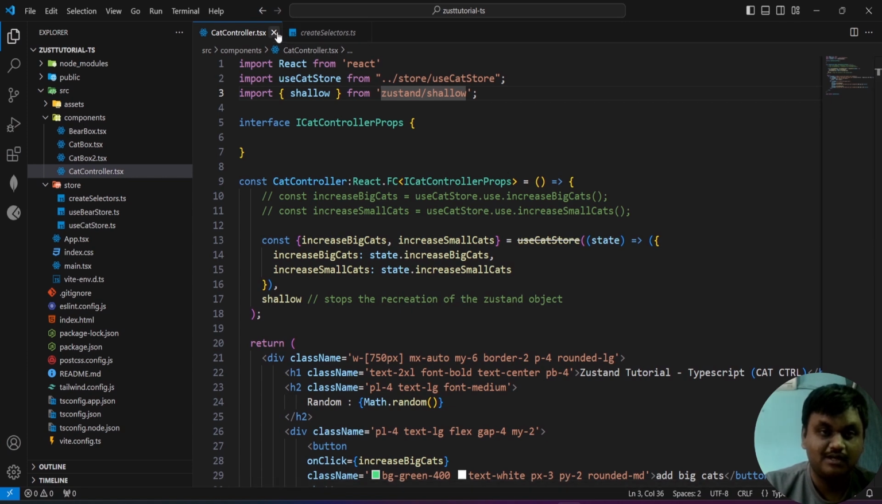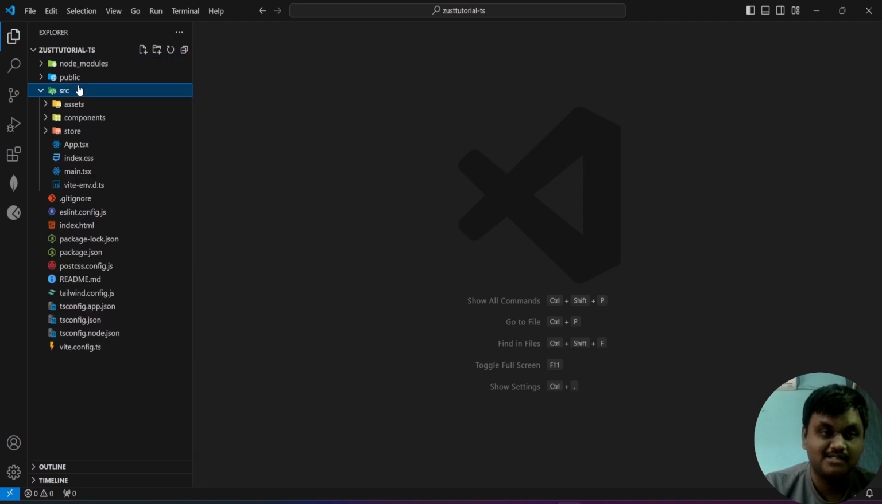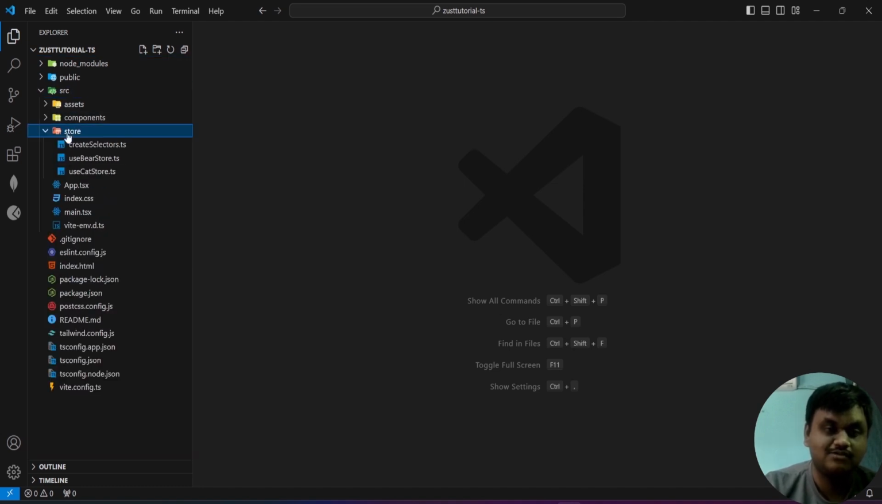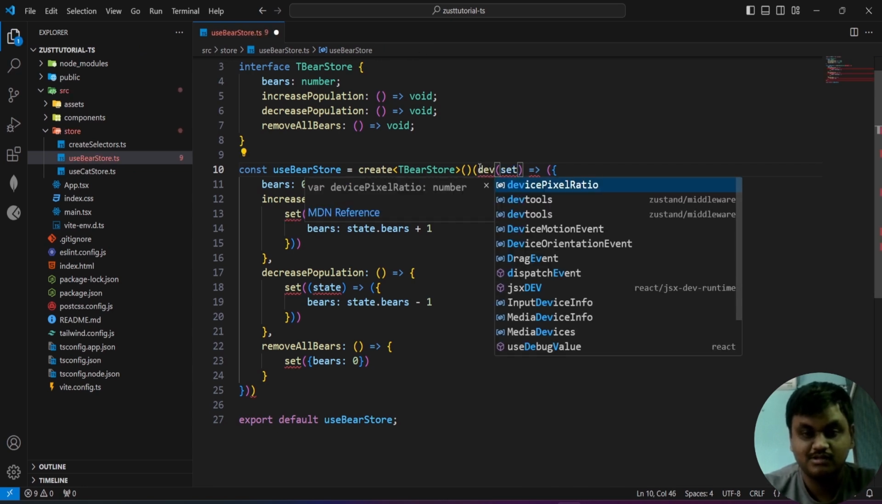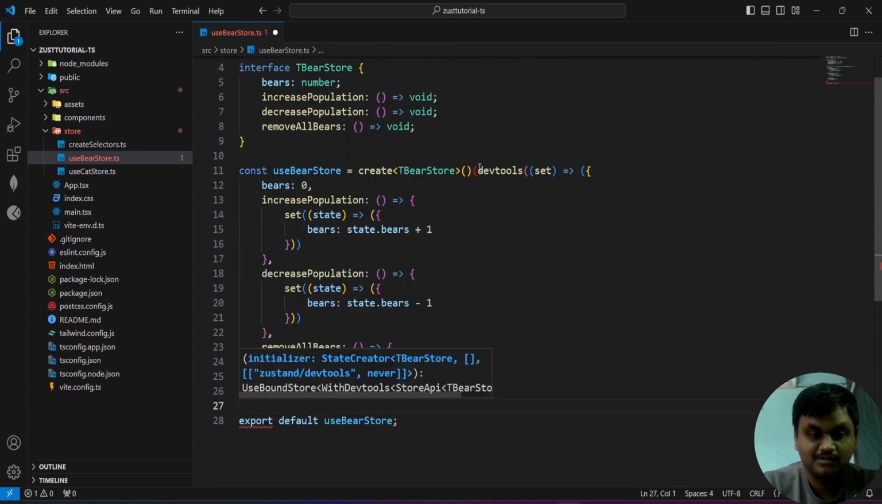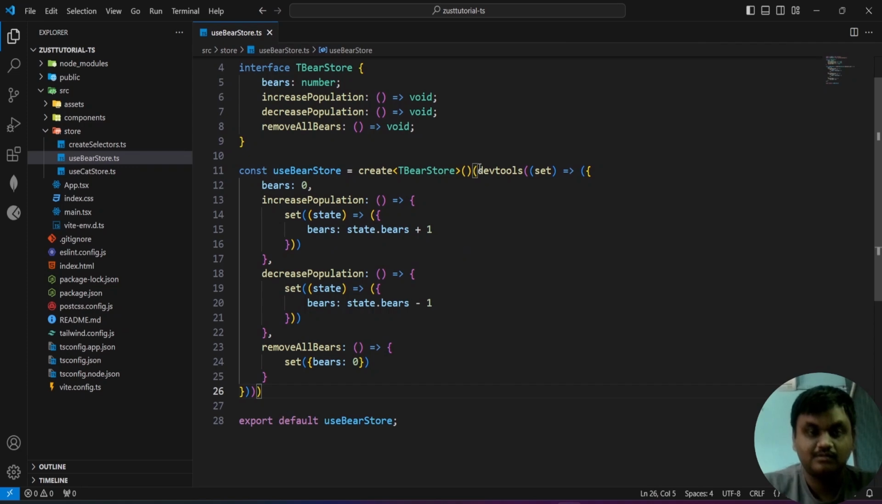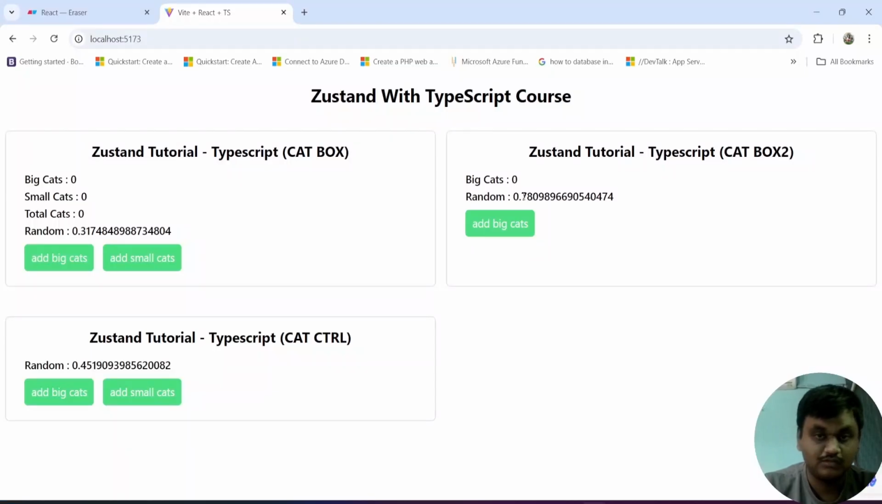See, I'm removing these two. Go to the src, go to the stores. I'm going to my bear store. In this, I'm going to use the DevTools. There is a middleware, and we are going to use this DevTools middleware. Now if you go to our application,